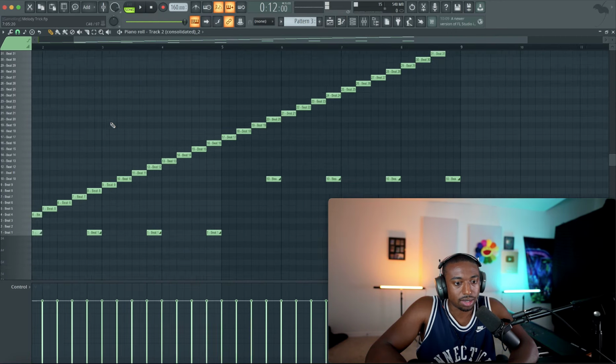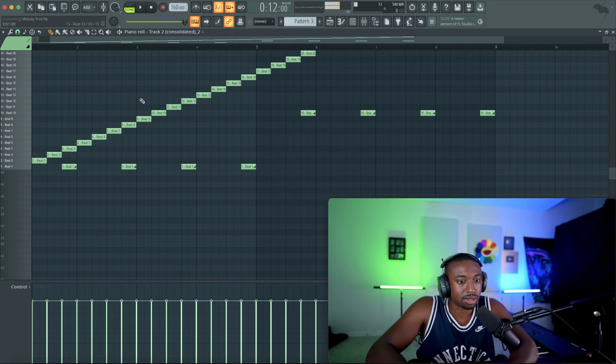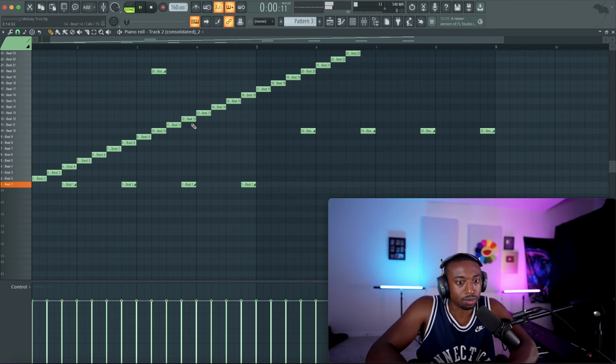Also, I meant to show you guys, you can also pitch bend the opposite way. It doesn't always have to be down. So I'll pitch bend up a couple times.